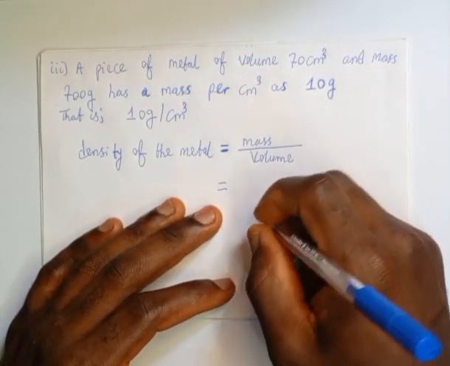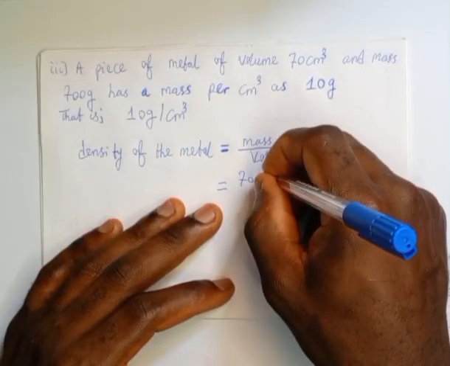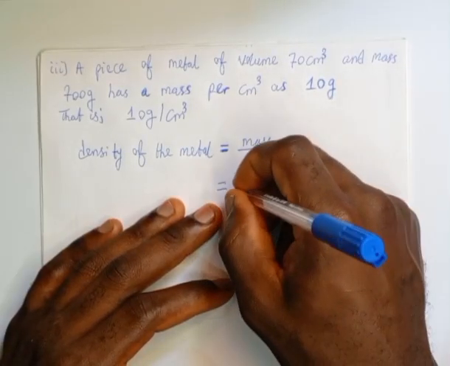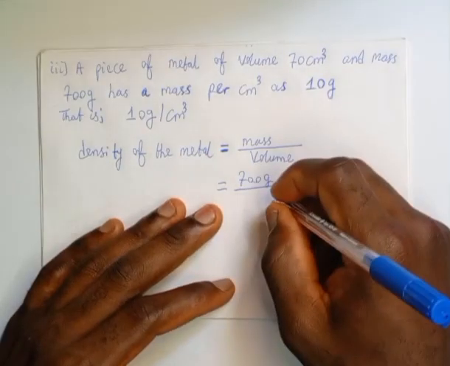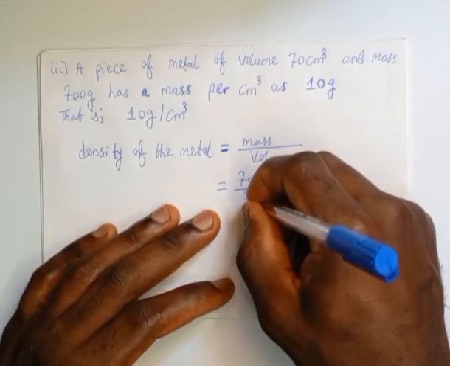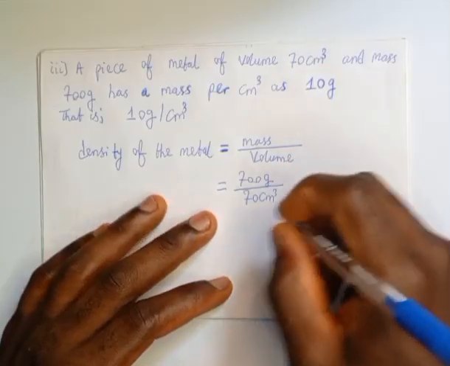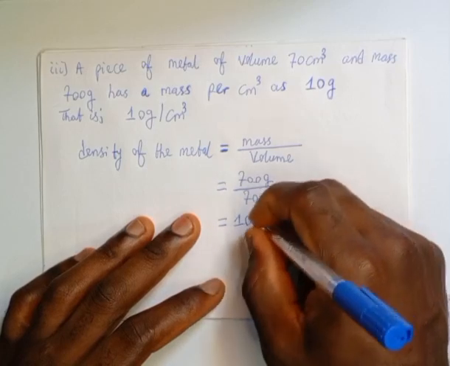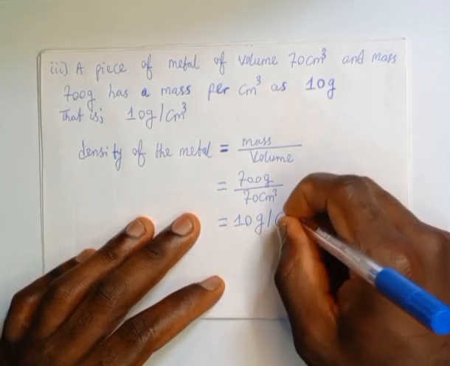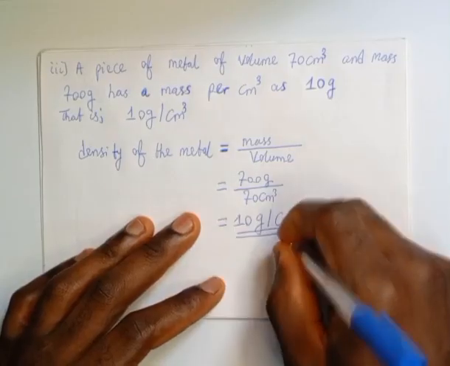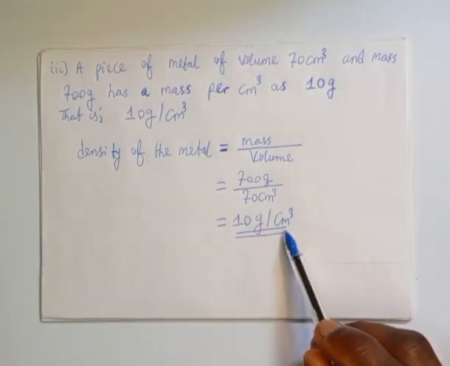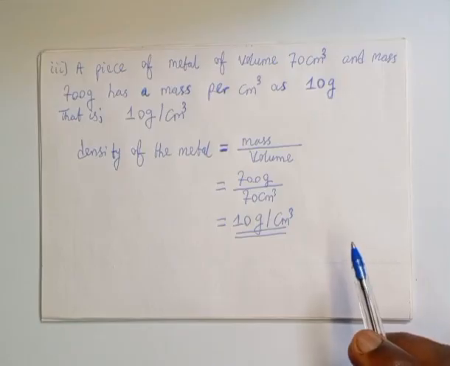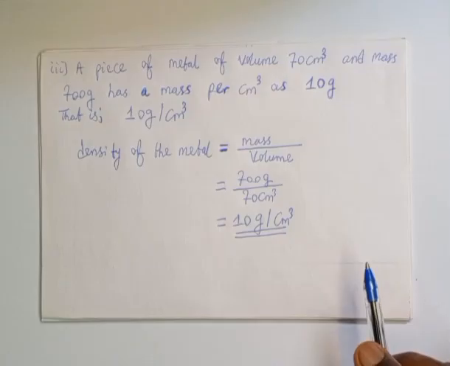And this will be equal to the mass of the metal, which is 700 grams, all over the volume of the metal, which is 70 centimeters cube. This will simply be equal to 700 divided by 70 gives us 10 grams per centimeters cube. You can see a 10 grams per centimeters cube simply means 1 centimeters cube of the metal has a mass of 10 grams. That is what it means. We go to the next, which says